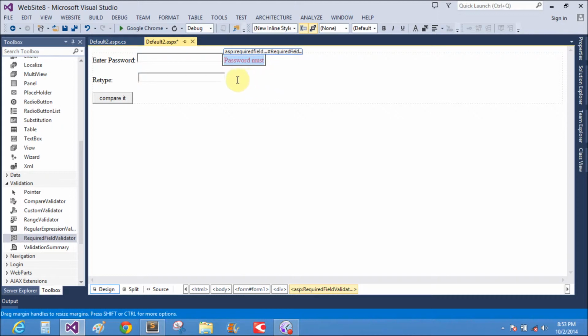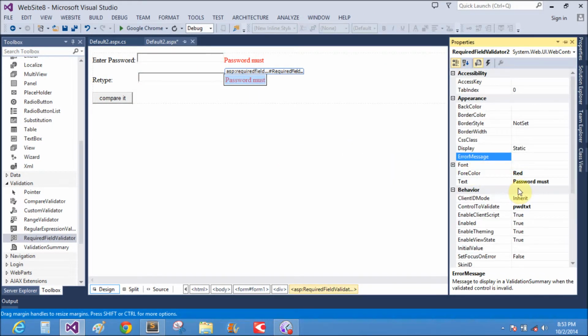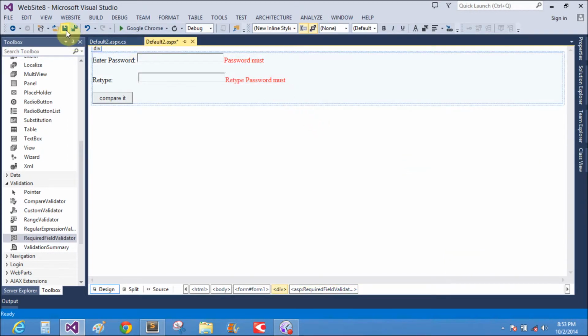Copy it, and same as the password must, change it to retype password must, and the control to validate is retype, and the remaining are the same.